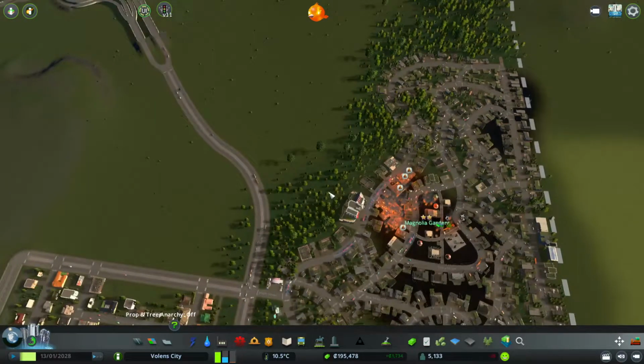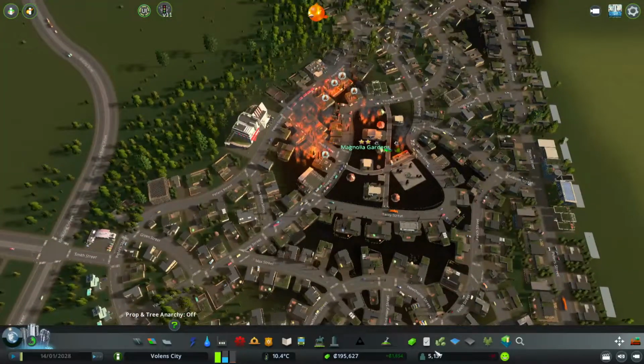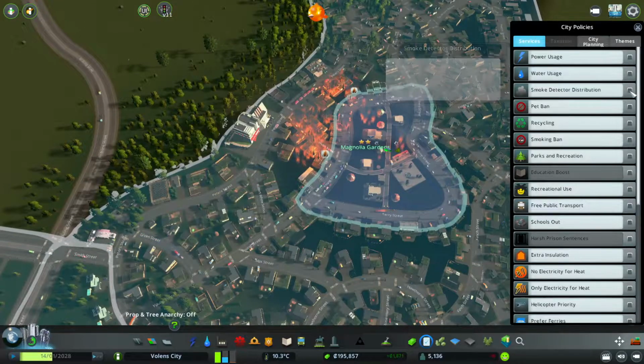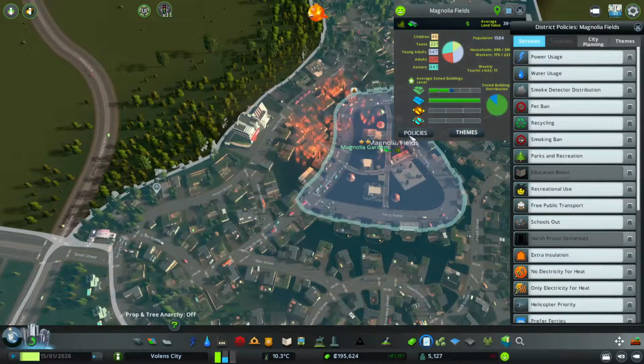So I think I want to build something around here. Now I have to be careful with trees. As you guys can see, these Magnolia Gardens are completely on fire. I think we could go with a smoke detector distribution for every single element of the city. No, not every single one. I think we should go to very specific ones. For instance, Magnolia,